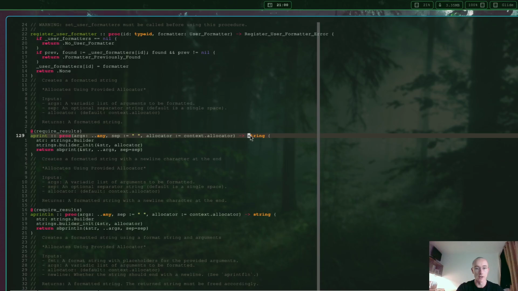We can see that it returns a string, but if we look inside of the body, it's literally creating a string builder and then just calling SB print underneath it. So it creates an object of type string builder, initializes the string builder with an allocator, and then uses the SB print function to actually get what we want. So realistically speaking, what we could do is ignore aprint altogether and just use the string